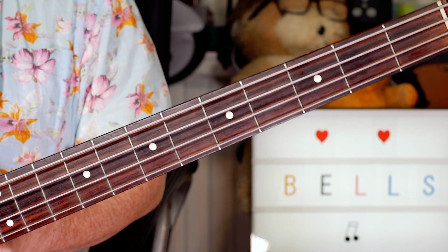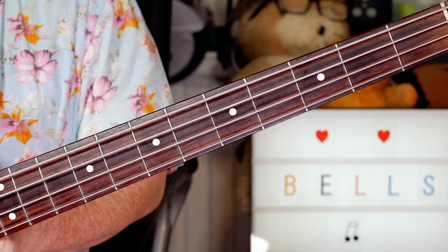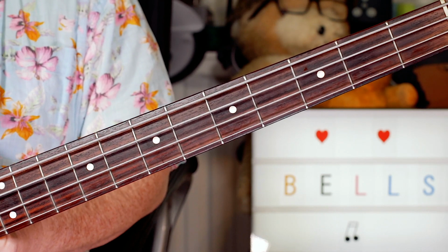So a great bit of fun, obviously a lot shorter version, but some nice elements there that you can take and play around with and have some fun for